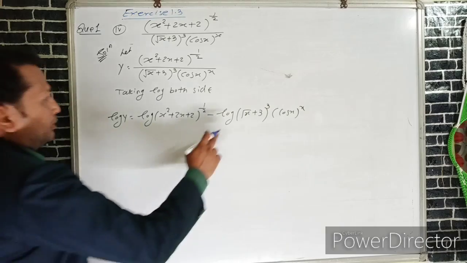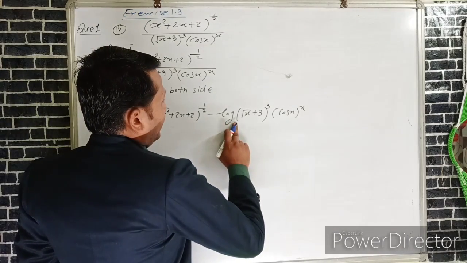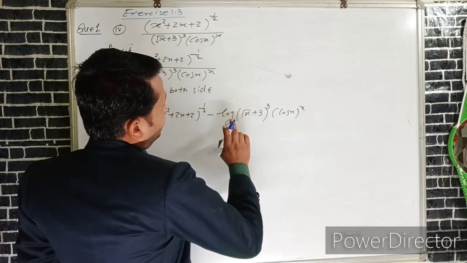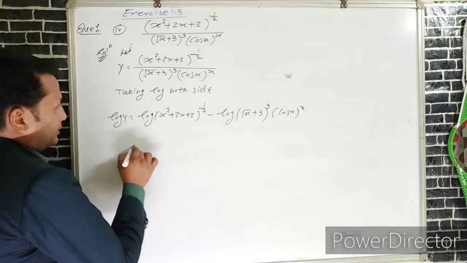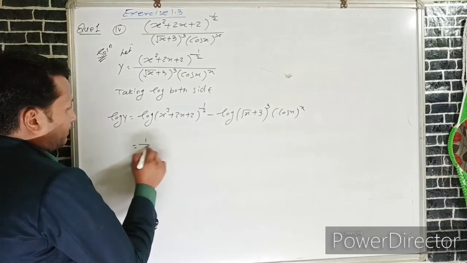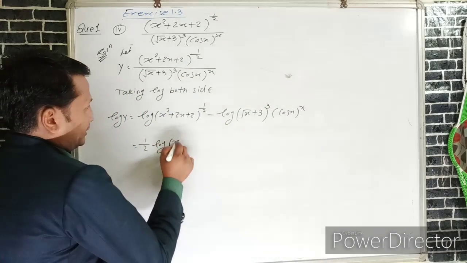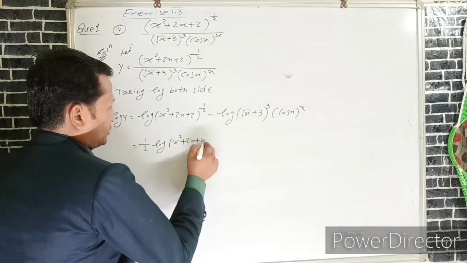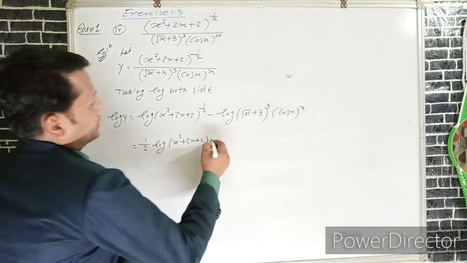Now we apply again the rules of logarithm, log of m into n. Here we can write 1 by 2 log of x square plus 2x plus 2 minus